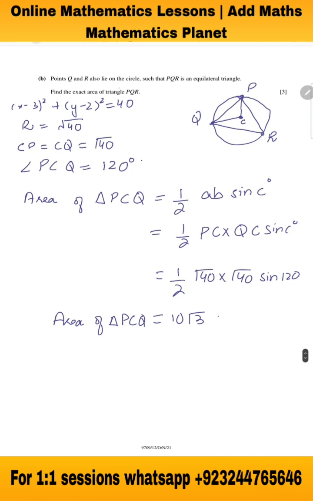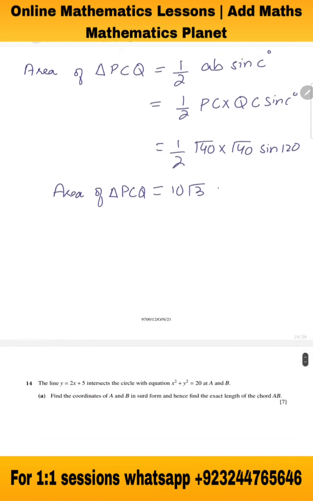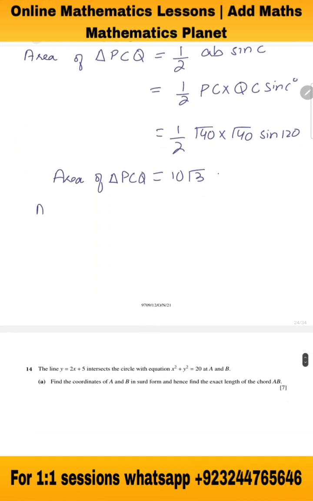So we get the area of the triangle PCQ, but we need to calculate the area of the triangle PQR. So this area of the triangle PQR will be 3 times the area